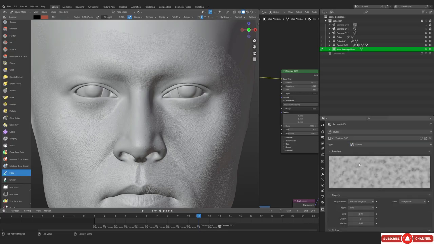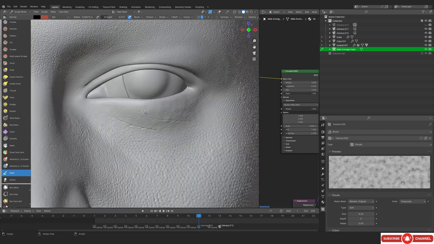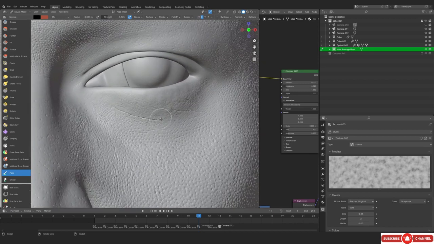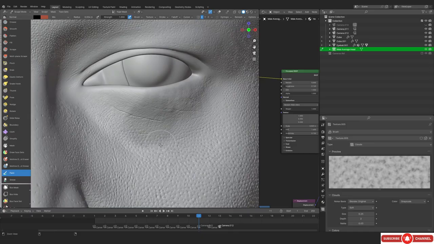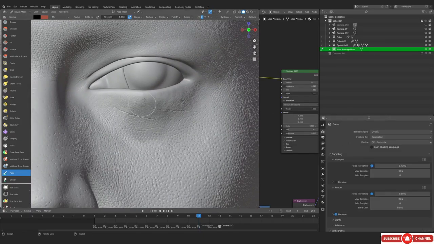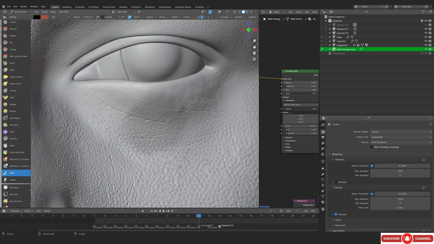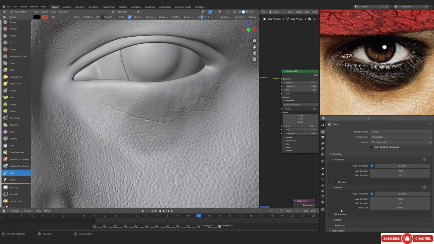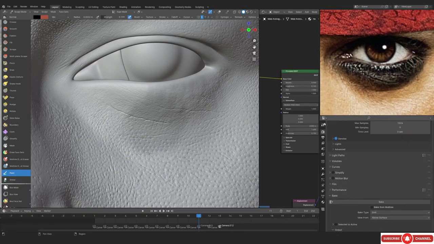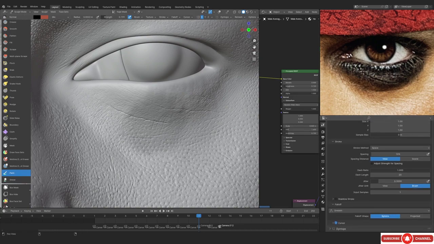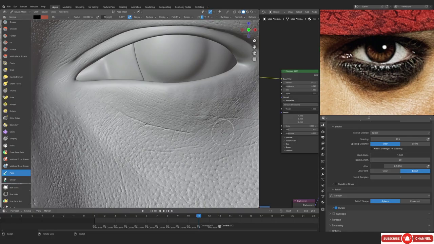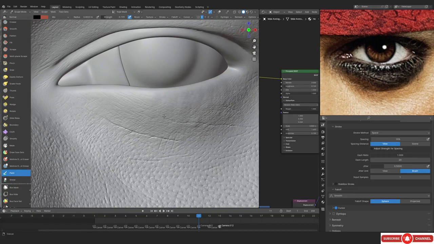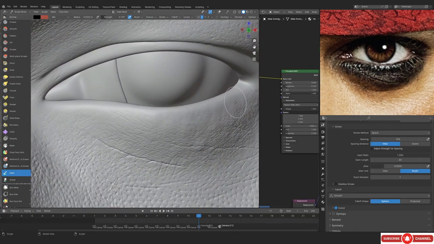So I guess we are gonna be just using the normal cloud texture in order to give some variation. Try not to think about it as a color, by the way. Think about the intensity of mask, basically how much mask you want, and the more black you add, the less of the skin is gonna be visible. So that's basically what the idea is, and we can actually just continue. So you can see that I've added this patch. Let me just remove that, and now we can just start painting.